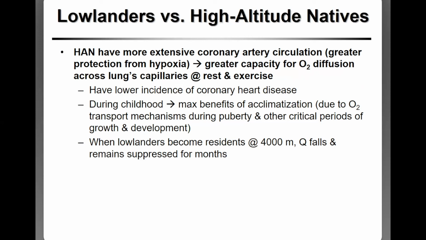And the greater the capillarization, and the greater the surface area of contact between the pulmonary capillaries and the alveoli, this increases the amount of oxygen that can be diffused across that membrane, and that is in accordance with Fick's law of diffusion. High altitude natives also have lower incidences of coronary artery disease, and